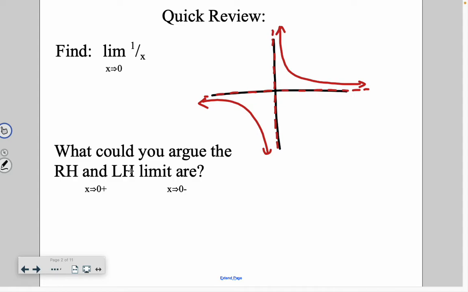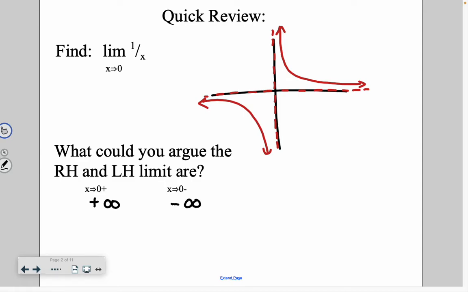Where's y going? As we're coming from the right and we're approaching 0, y is going to positive infinity, okay? So the limit as x approaches 0 from the right is positive infinity. That's where that graph is going. What about from the left? Yeah, as we approach 0 coming from the left-hand side, the graph curves down to negative infinity,